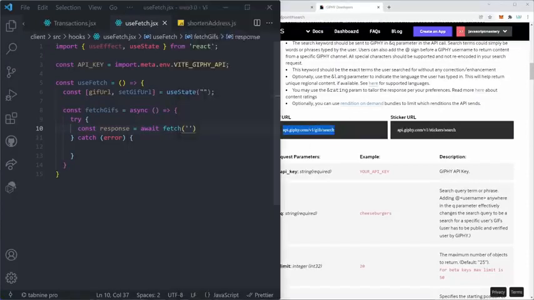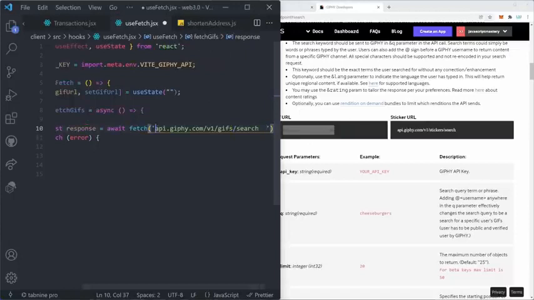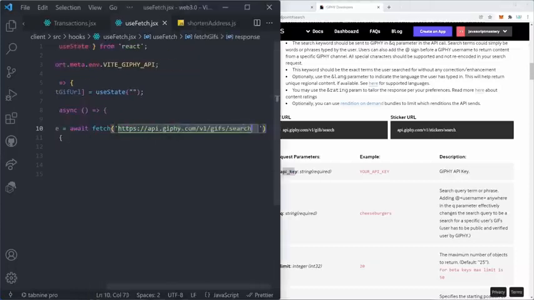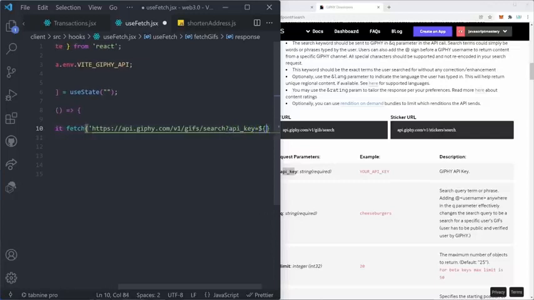So let's copy this, paste it into this string right here, but we have to provide https:// at the start. And then we have to provide some parameters, things like q as in query and api_key. So at the end, let's simply say question mark to provide parameters, api_key is equal to, and then ${}. We have to turn this into a template string to be able to use logic inside of our string. Right here, we can render our API_KEY, and then we're going to say &q